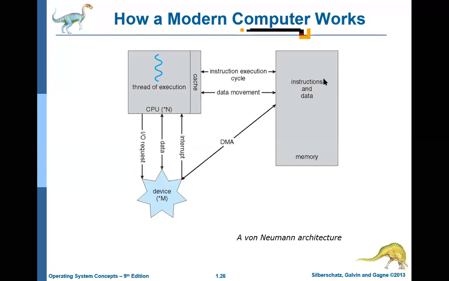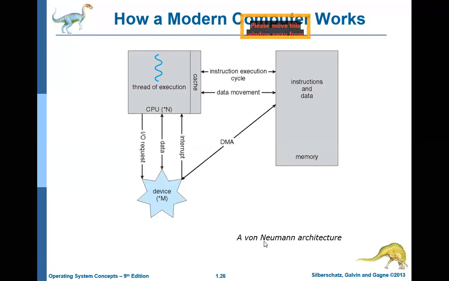So your resume is in this memory. Open that resume and give a printout instruction. So this device communicates with the thread, and this thread communicates with the memory. Like this, a cyclic process is going to be executed whenever you want to take a printout. This is called the von Neumann architecture.